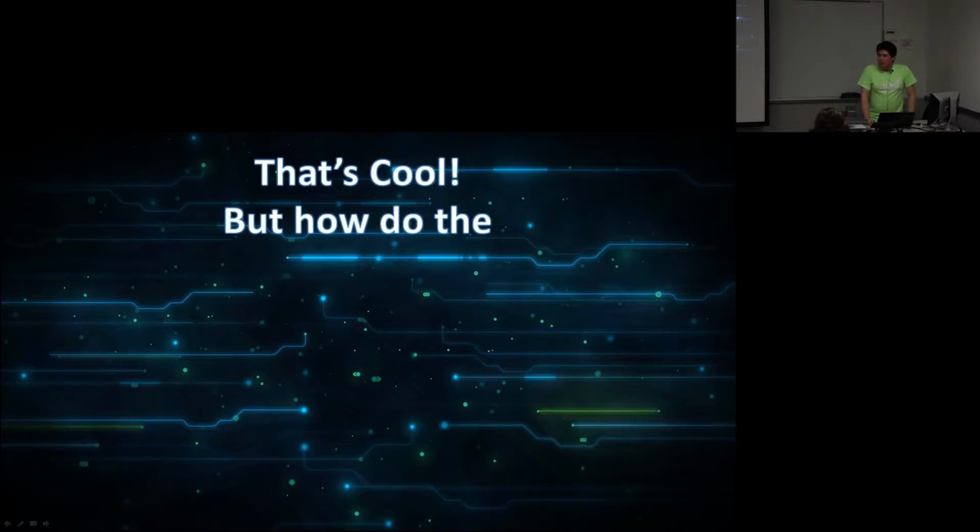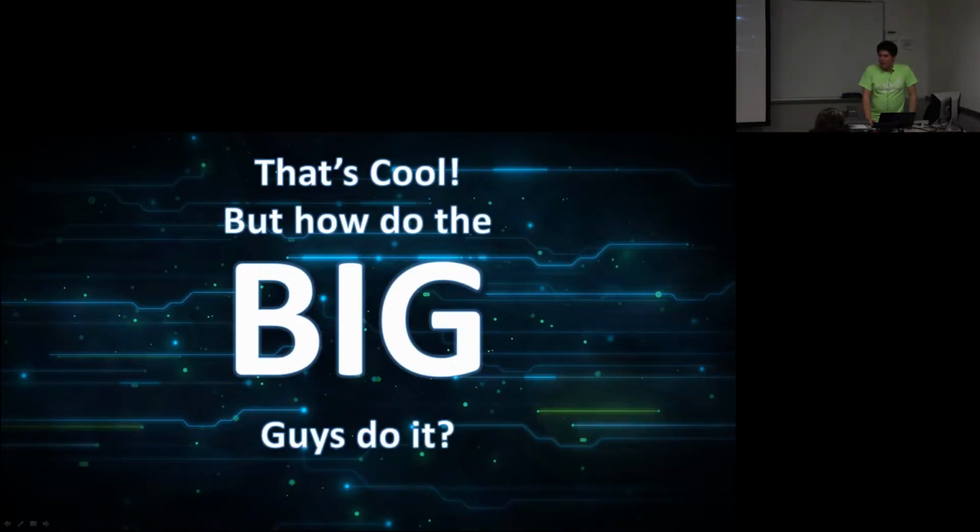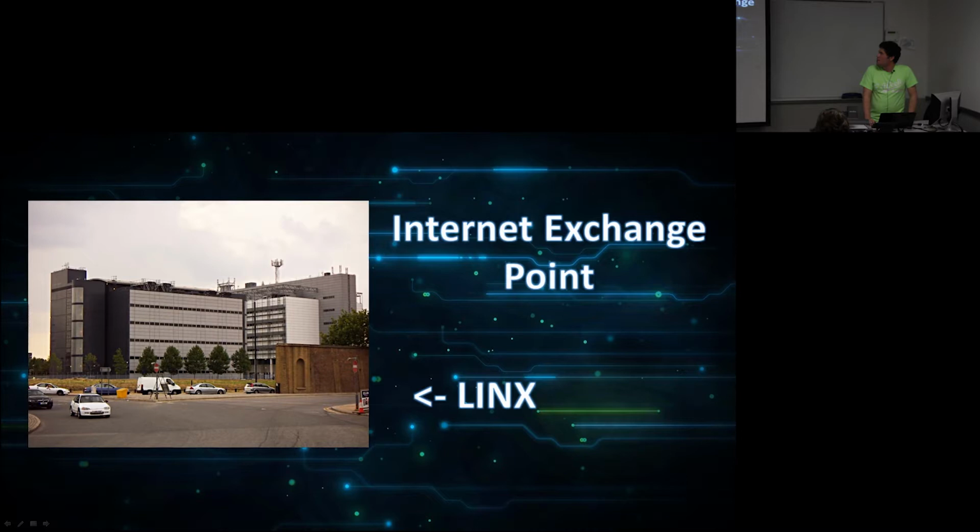So, I mean, this is cool, but how do the real big guys do it? I mean, we want to know how AT&T and Level 3 actually make this work. So, since the internet is not owned by a single government or a single entity, we have these things called internet exchange points. And what these internet exchange points are, are open areas where there's just racks and racks of switches owned by hundreds of different companies. And they all agree to transfer traffic for people that have traffic going to this internet exchange and back out.